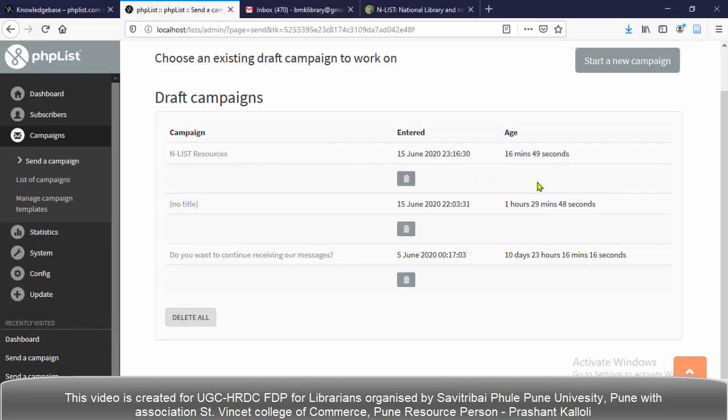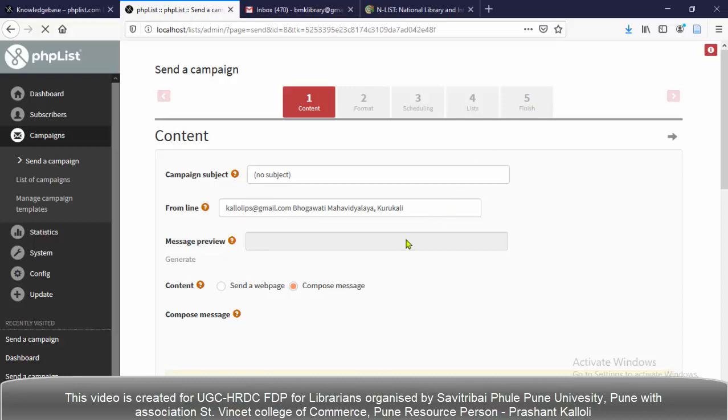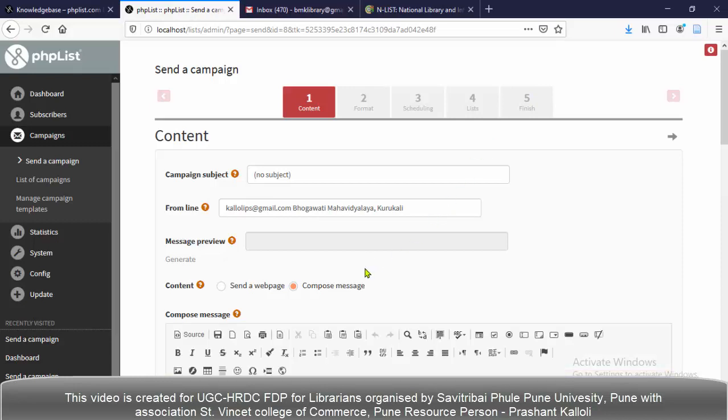To start a new email campaign, click the start a new campaign button, which is on the right hand side. This is that button. We have to click this button to start a new campaign. Now a default campaign page will be displayed.